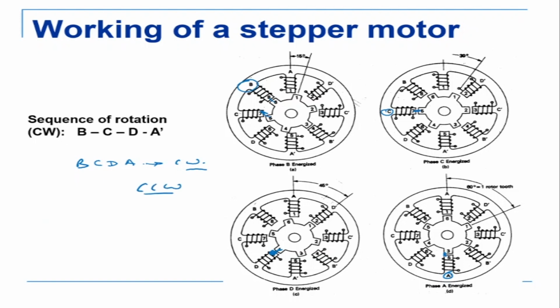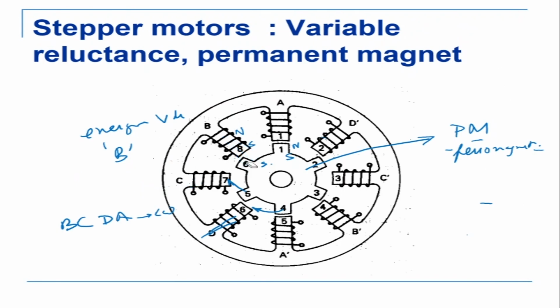So these are basically called stepper motors, and stepper motors can be operated in micro stepping mode also. If I energize 2 poles together, if I energize this one and this one together, then this teeth will go somewhere in between. So let me go to the previous figure. Suppose I energize this pole and this one together, then what will happen? This will come and stop somewhere in between, because it will have equal attraction from this side and that side. If I have 2 voltages V1, V2, then depending on the ratio V1 by V2, I can control the position of the tooth there.